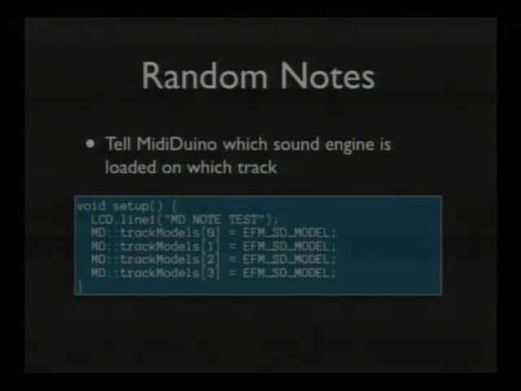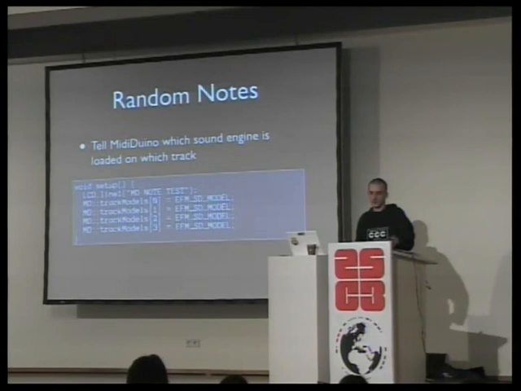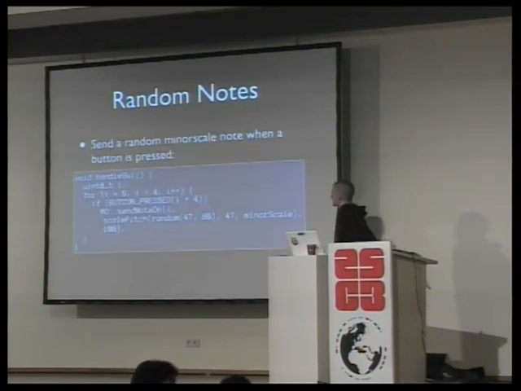That's the setup function of this sketch, where I just tell the library that a snare drum is loaded on those first 4 tracks here. So that's the snare drums. And I put some delay on it so it sounds cool. Delay and reverb is always the way to make good synthesizer demos. So I just tell the library which kind of sound is loaded on each track. And that's the function now.